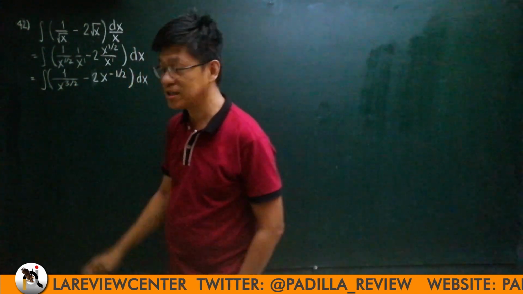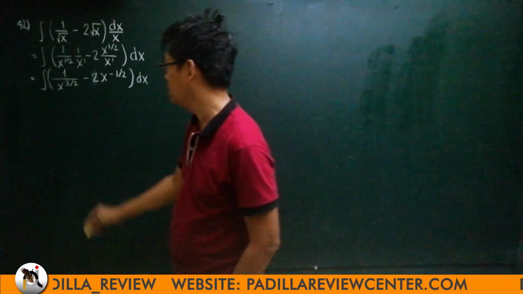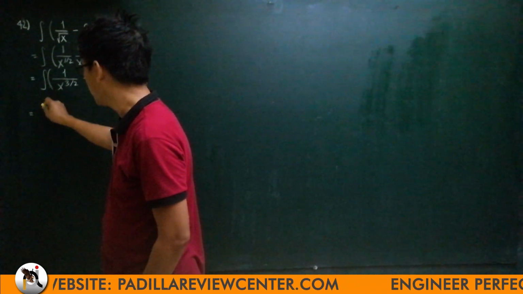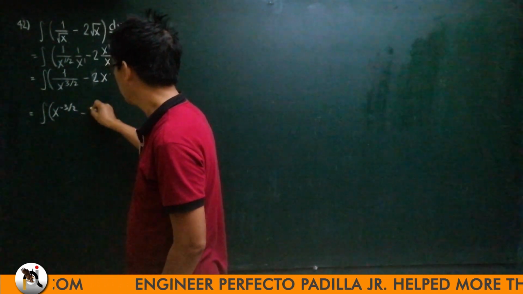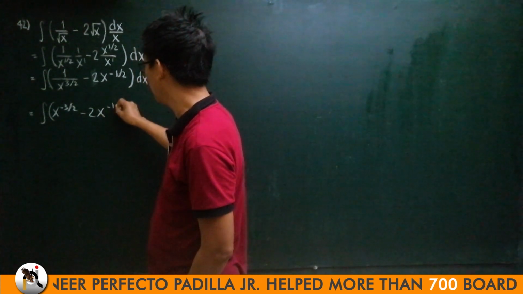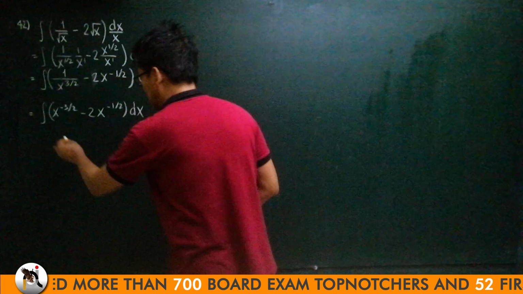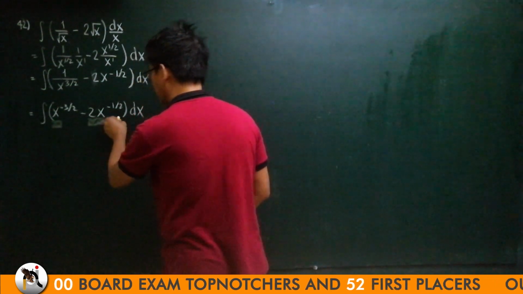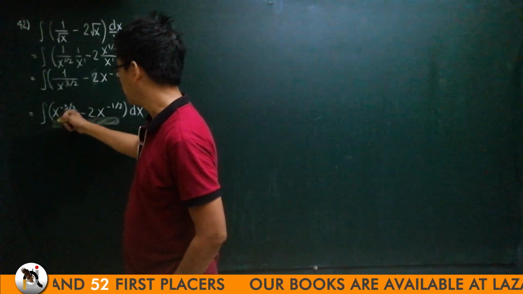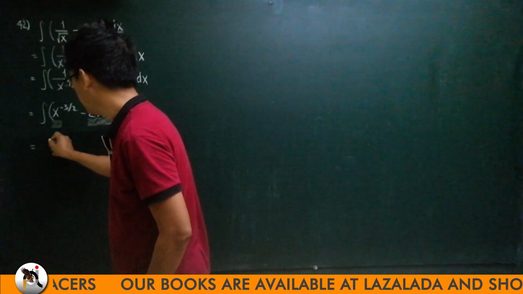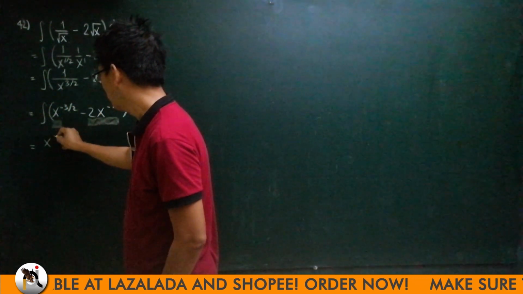So let's make this a numerator by reversing the sign of the exponent. So this is the same as integral of x to the minus 3/2 minus 2 x to the minus 1/2 dx. These are now independent powers of x. So, integral of x to the minus 3/2 is x to the minus 3/2 plus 1. So, minus 3 plus 2, minus 1/2